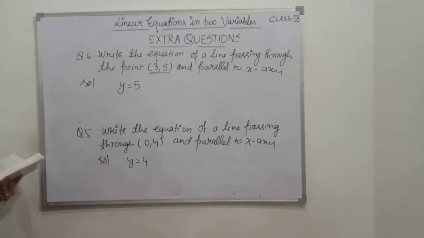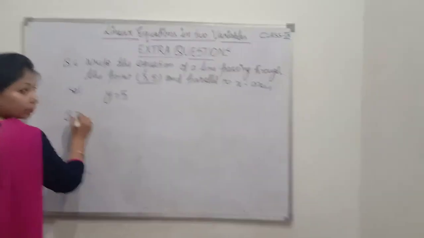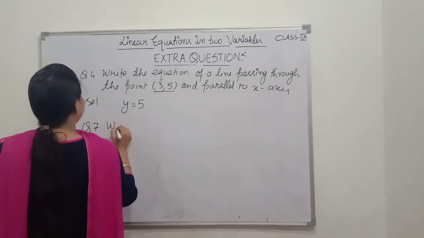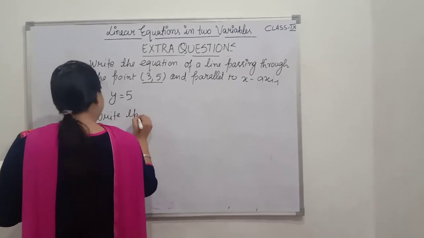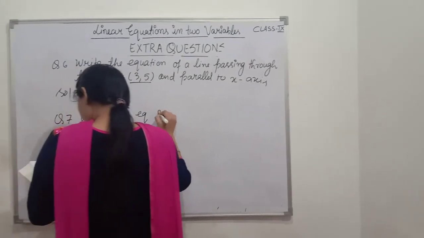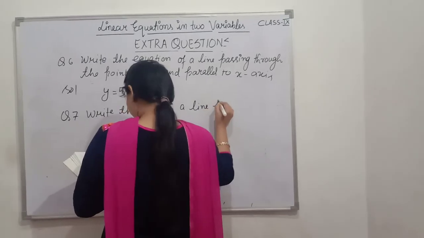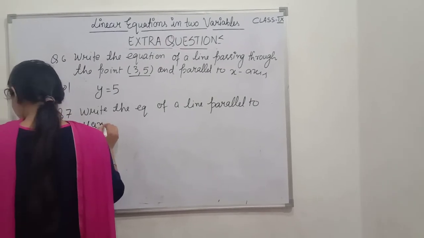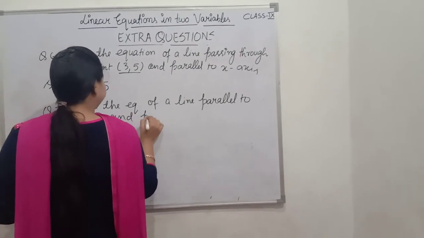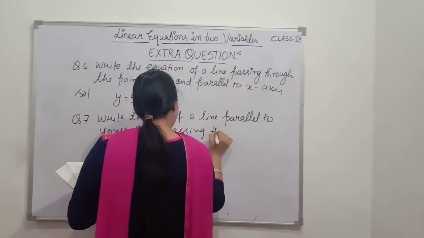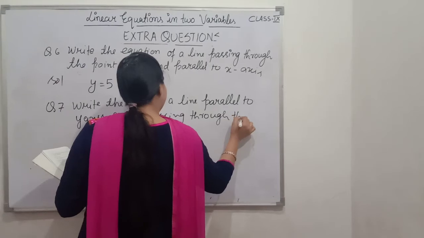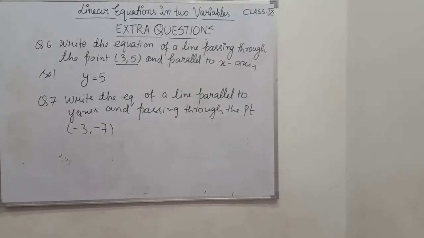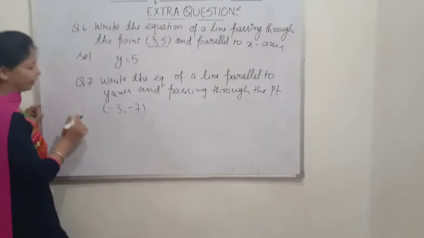Now moving towards the question number 7. Write the equation of a line parallel to y-axis and passing through the point (-3, -7). सो देखिए क्वेश्चन है, राइट द इक्वेशन ऑफ ए लाइन पैरेलल टू वाई एक्सिस।